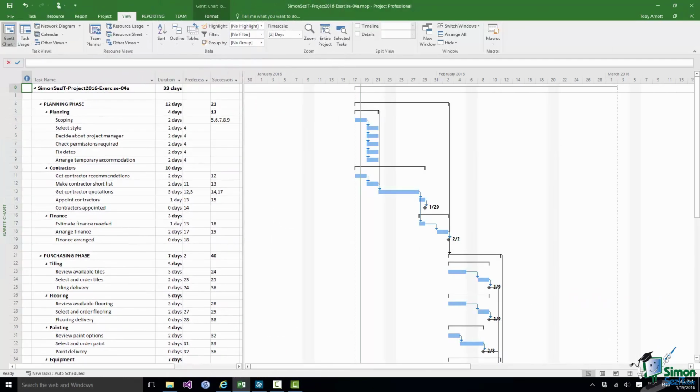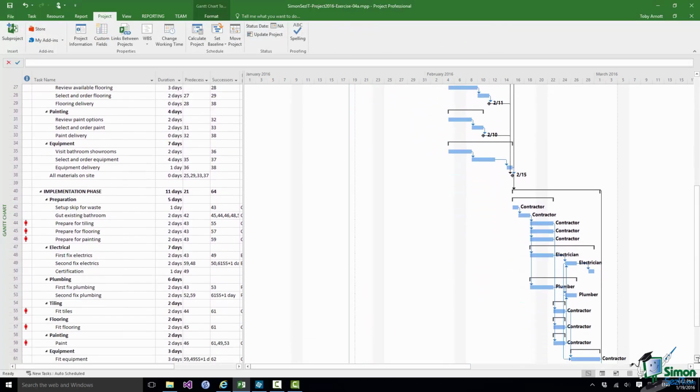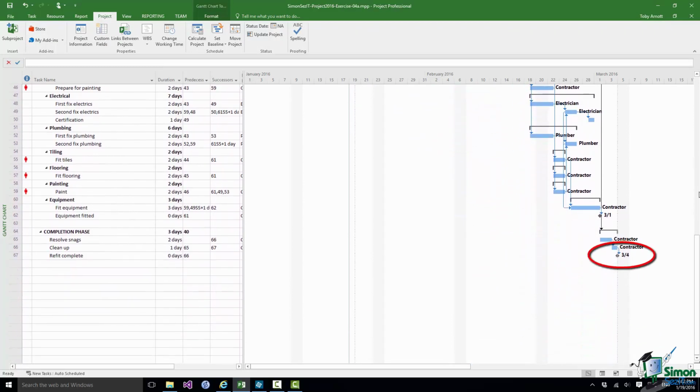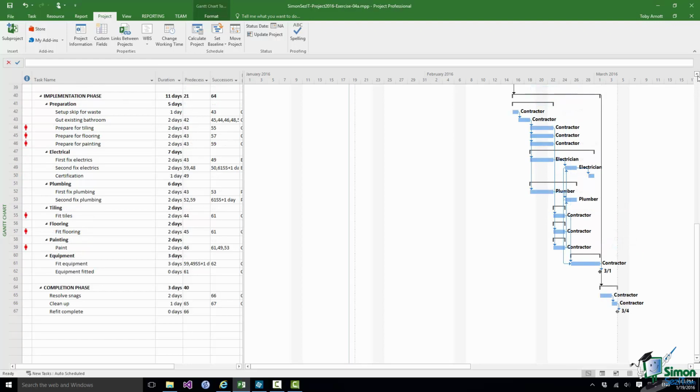Now the first thing I'd like you to do is to move the start date of the project to tomorrow. That is your tomorrow, not my tomorrow when I'm recording this course, but your tomorrow, as though you're actually going to start doing all of this work from tomorrow. Now when I move my start date to tomorrow, I finish up with an end date of March the 4th. Now clearly it's very unlikely you'll finish up with the same end date as me, but make a mental note of that end date, because the next step is to level the resources,